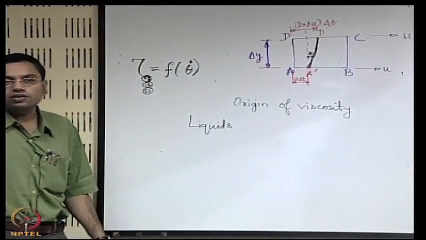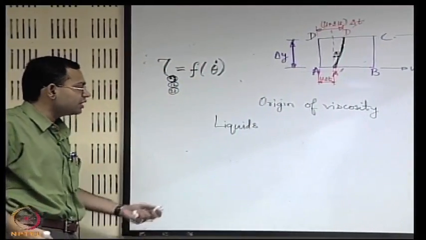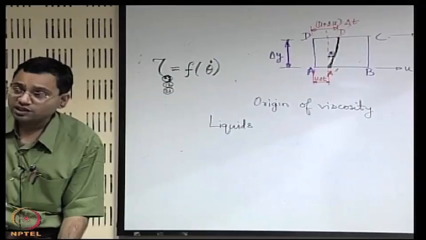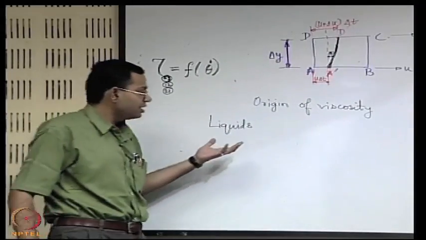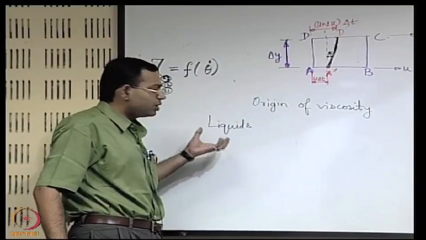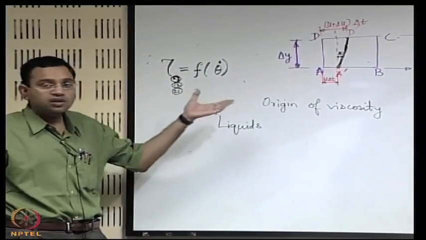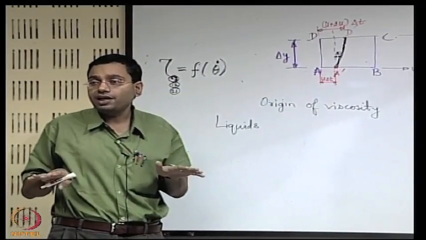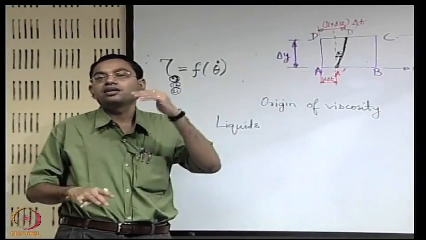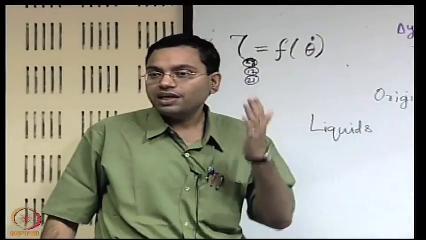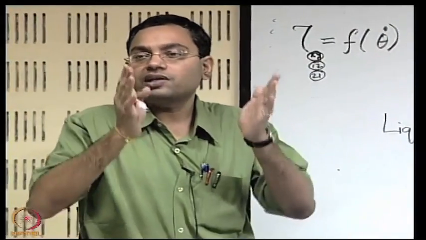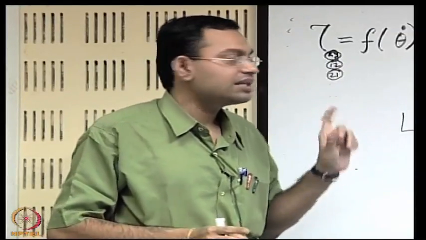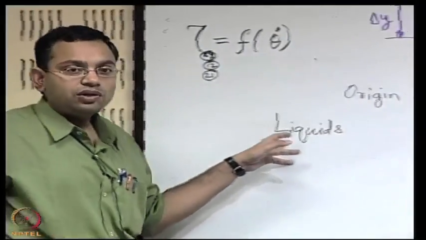Why we separately concentrate on liquids and gases is a very straightforward reason, that the molecular nature of gases and liquids are different, and therefore the viscous behavior is going to be different. And it is important to appreciate that, because viscosity is a continuum description of a fluid property, we are usually abstracted of the molecular nature, but we have to keep in mind that it is the molecular nature of the fluid that has eventually given rise to these properties. So there is a direct relationship, it is like an upscaled version of the molecular behavior, so that you are abstracted from it, but you have to keep in mind that it is the molecular behavior that has given rise to these properties. So when we talk about liquids,